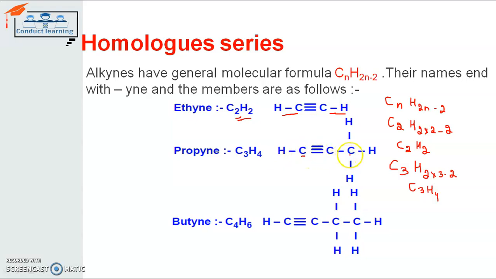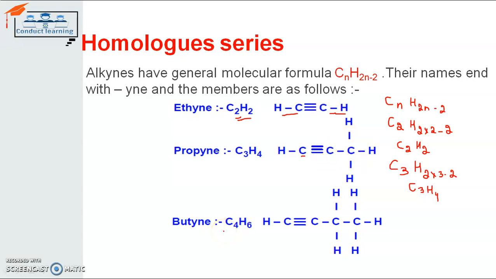So the rest of the carbon atom is also making a bond, but it is making a single bond with this carbon atom, a single bond with this hydrogen atom, a single bond with this hydrogen atom and a single bond with this hydrogen. So this carbon atom completes its valency by sharing 4 of its electrons, right? 3 of its electrons are shared by the hydrogen atoms and 1 of its electrons is shared by the carbon atom. And for this center carbon atom, 3 of its electrons are shared with this carbon atom and 1 of the electrons will be shared with this carbon atom. So this is the structure for propyne here.